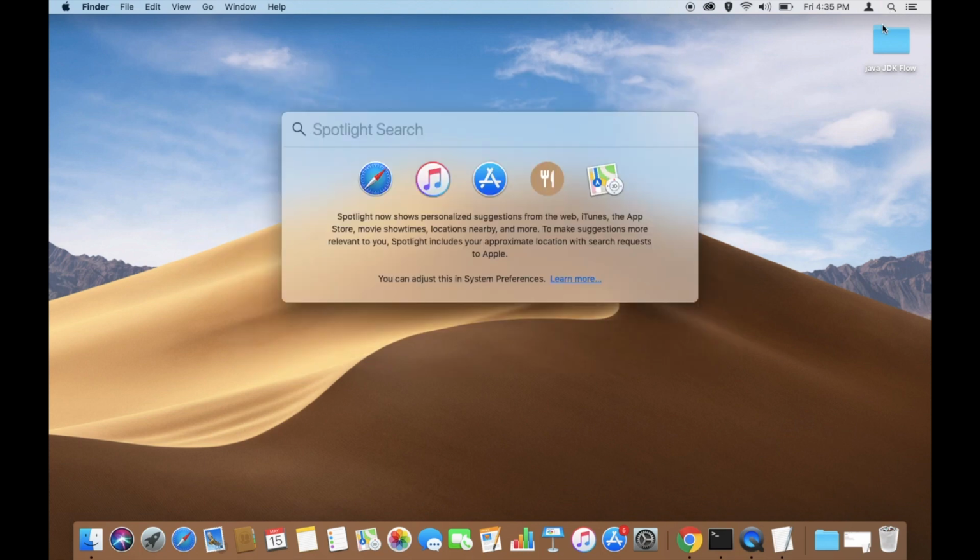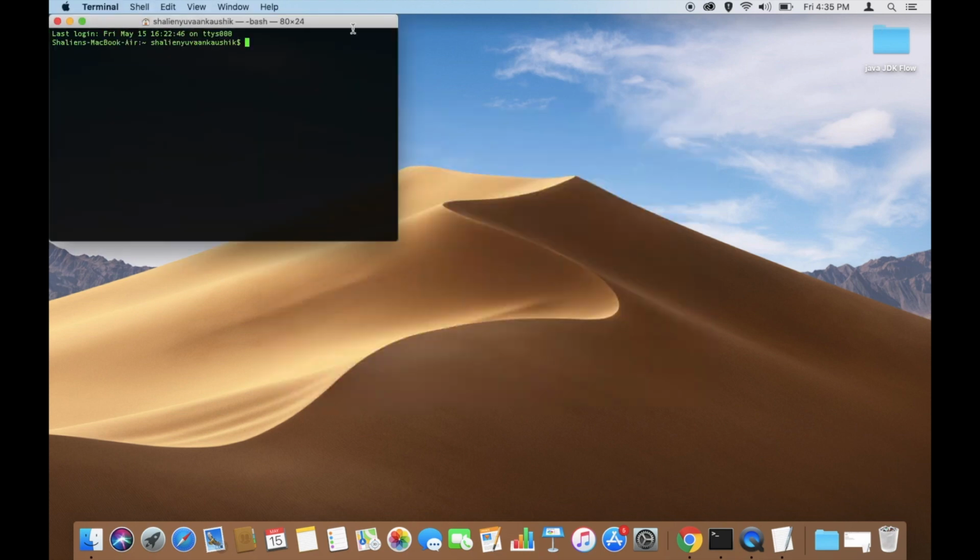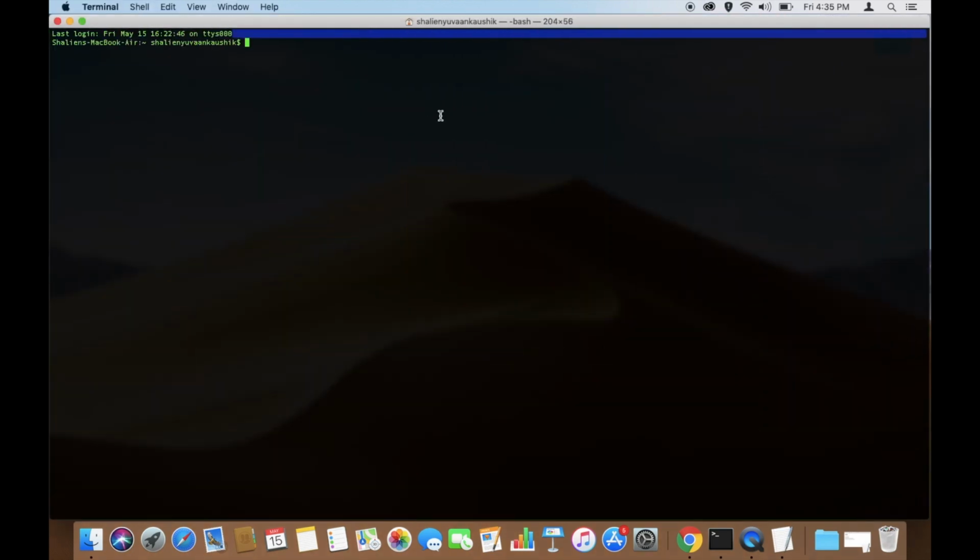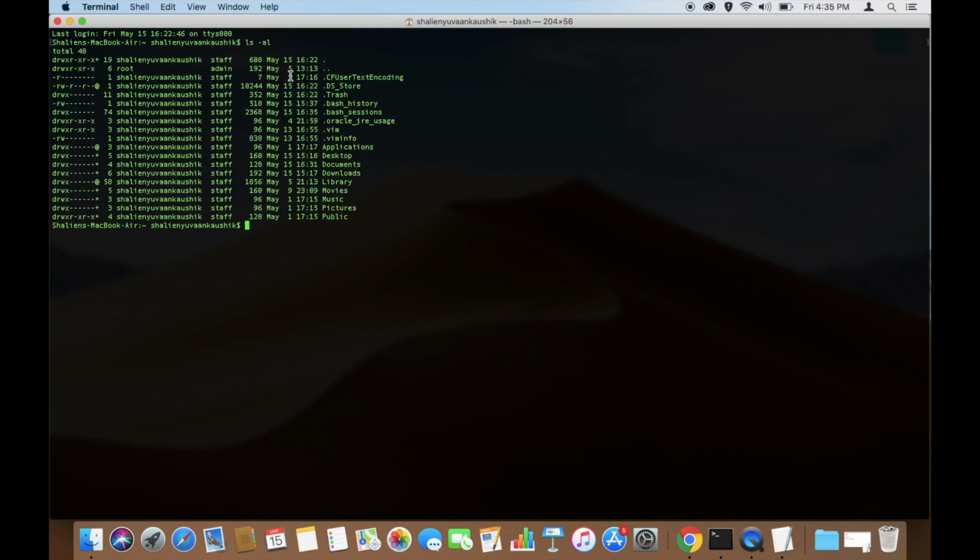So click on Spotlight and search for terminal, and then guys, you have to check the content of your directory along with your hidden files. So for that the command is ls to check the content of directory, minus al to check the hidden files. So the same folders or files appear which we just saw earlier in GUI mode. So here again you have bash history and bash session, but you don't have bash profile.